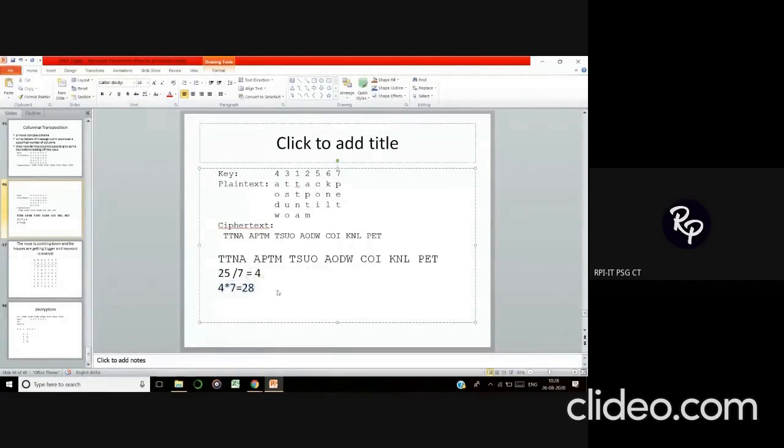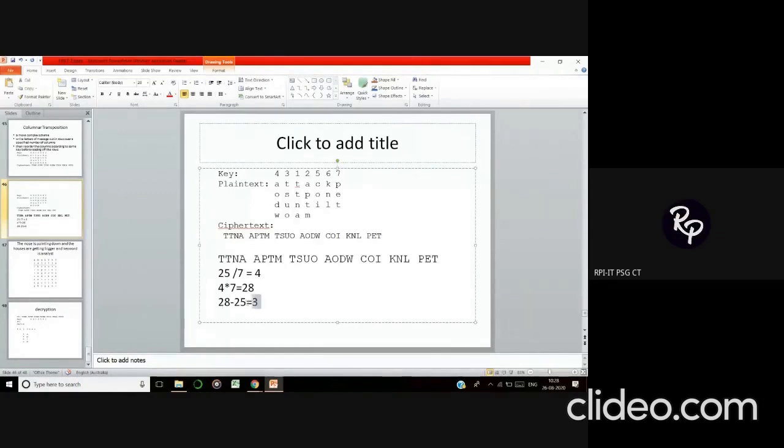So subtract these two values, 28 minus 25, that gives me a value of 3. This 3 will decide how many empty spaces you should leave from the end. So from the last column, you should ignore these spaces. I'm getting a value of 3. So from the very last column, I should have one empty space, second empty space, and the third empty space should be over here.